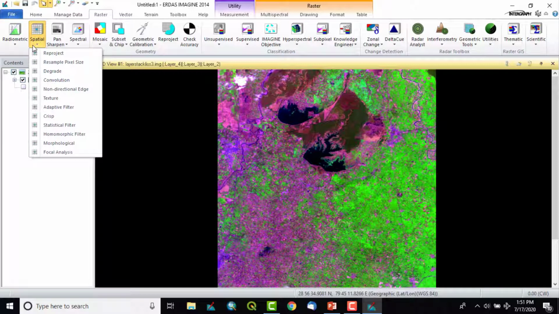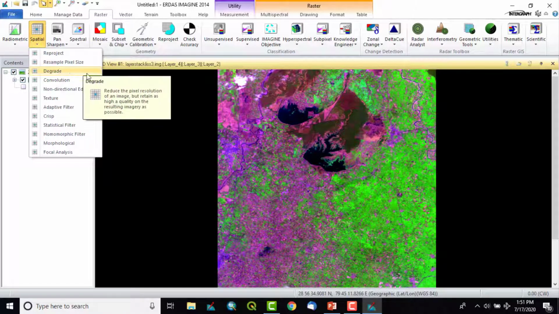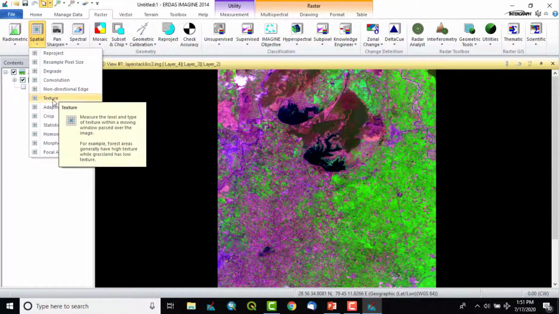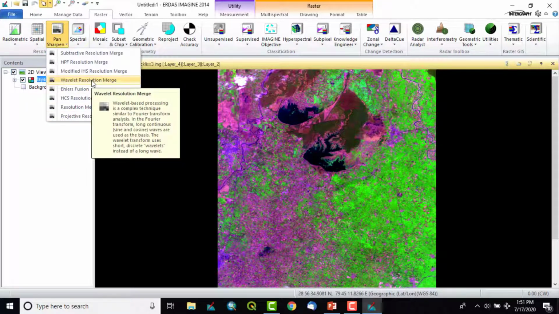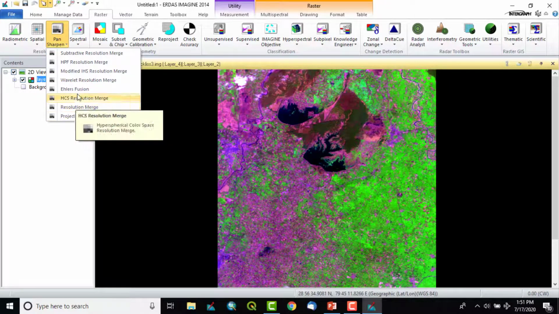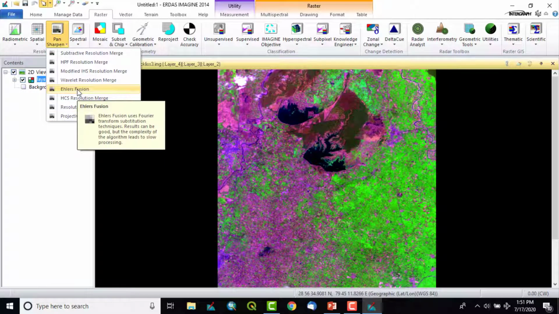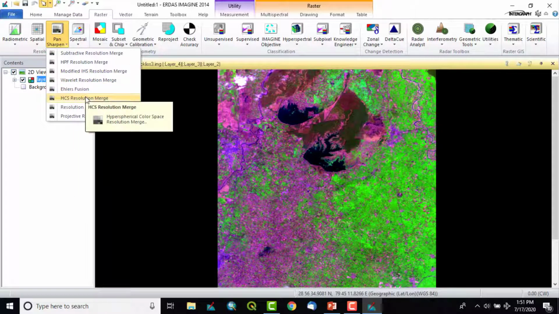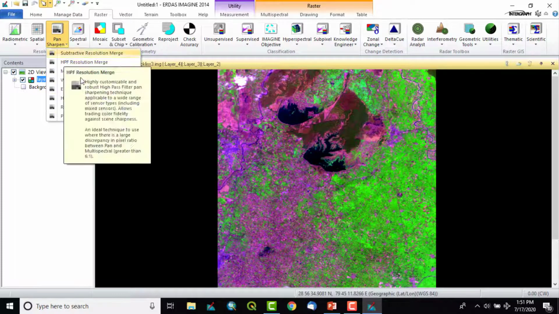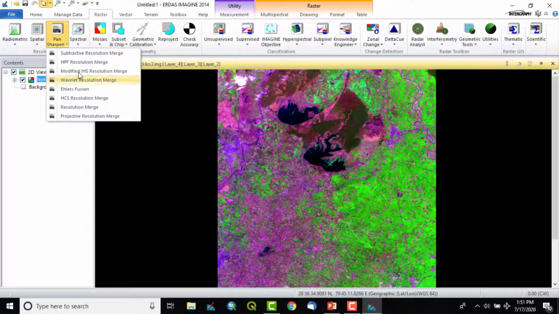In spatial enhancement also, there is sample, degrade, convolution, many options, texture. In PanSharpen, there is a concept called image fusion. Image fusion means suppose we have high resolution satellite data which is panchromatic in nature, and the same area in a color or multispectral image with coarse resolution, so we can merge them to get a high resolution multispectral image. That is called image fusion. So this is the PanSharpen.